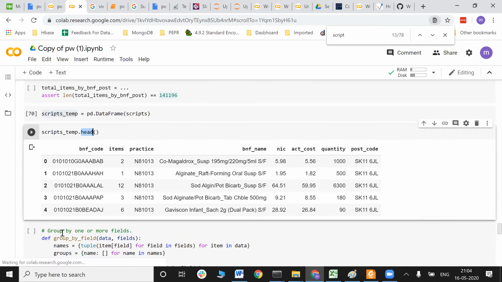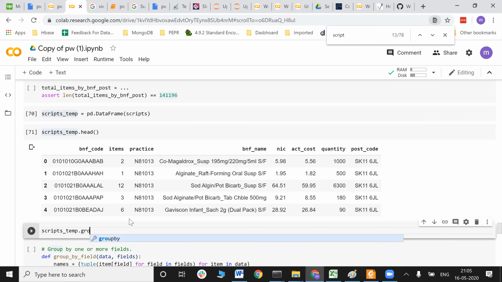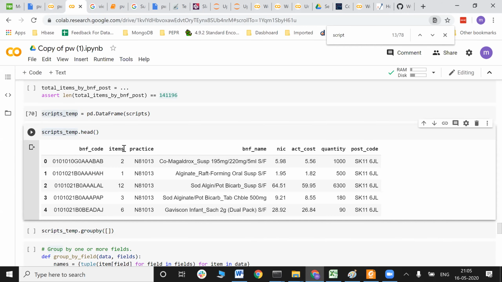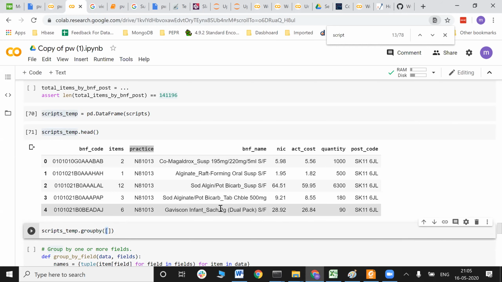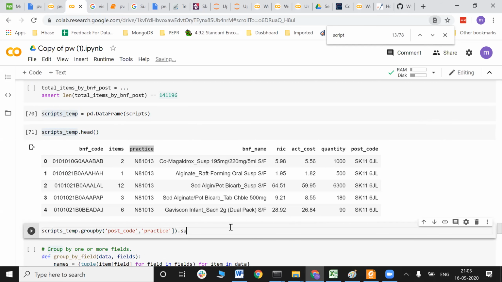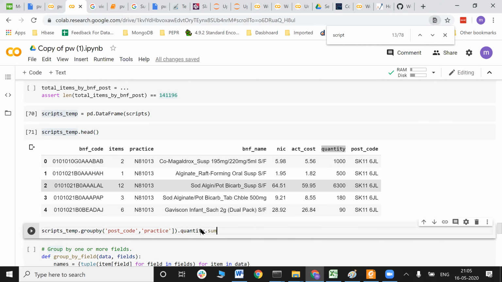Now if I want to do a group by on it, all I need to do is this dot group by, and give the two values within it. First I need the postal code, then the practice, then the name of a variable, that is quantity, and sum.